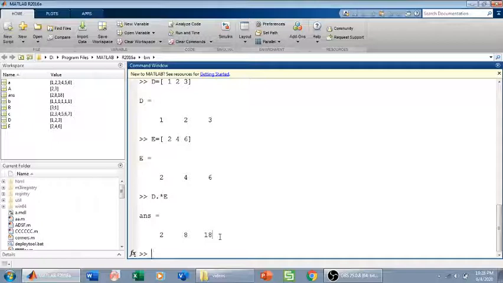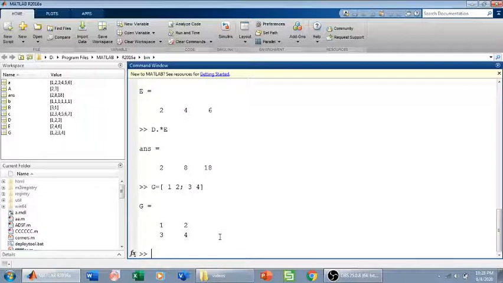Fine. Now how about a square? If I have a matrix again, let us call it G, which is 1, 2, 3, 4. Fine. A 2 cross 2 matrix. And now I want to calculate G to the power of 2.